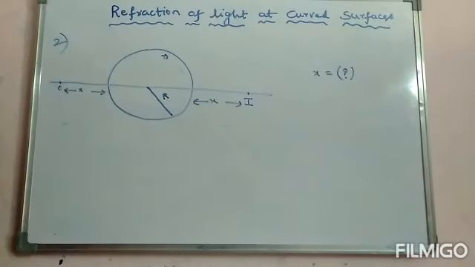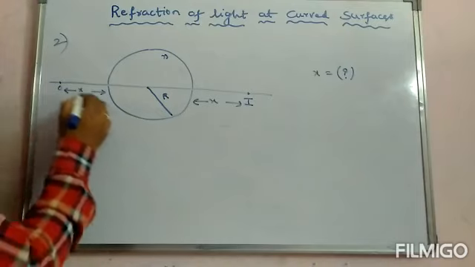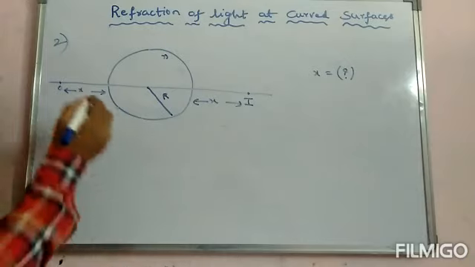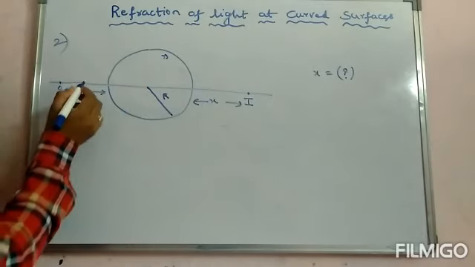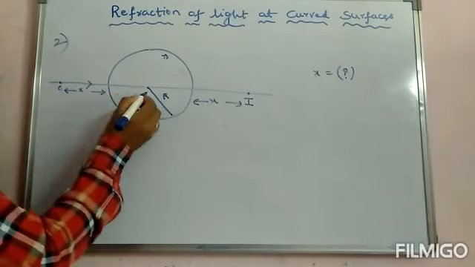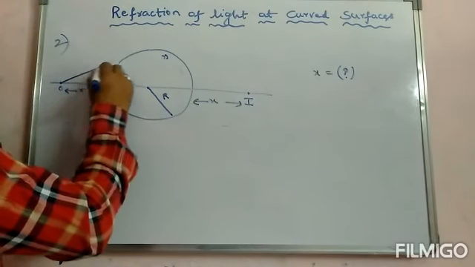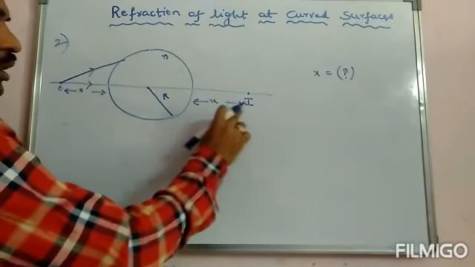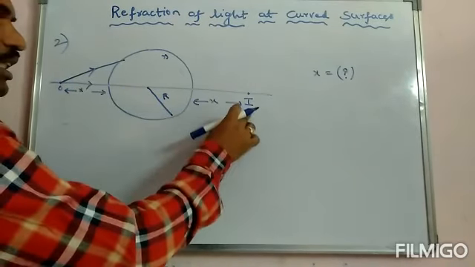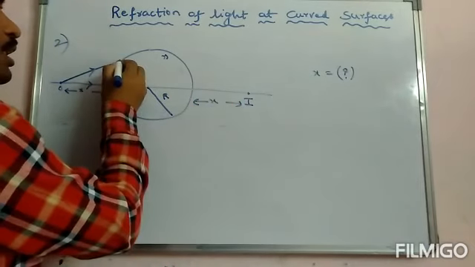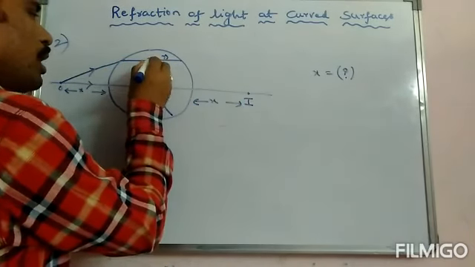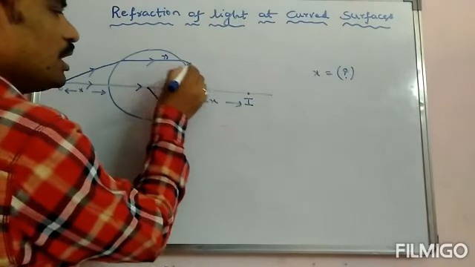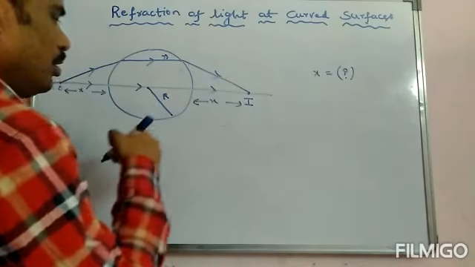Now for this, from the object I must select two rays incident on the first surface. What are the two rays? One ray passing parallel to the principal axis, and another ray I am making incident on the first surface. Then, for the image to form from the second surface at the same distance, the ray should travel parallel to the principal axis inside the sphere, and after refraction the image will form.